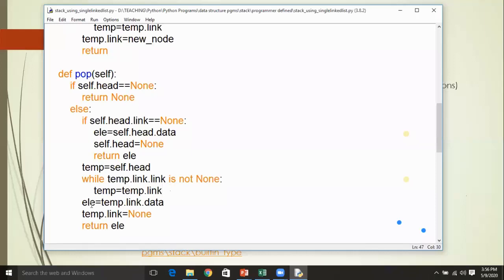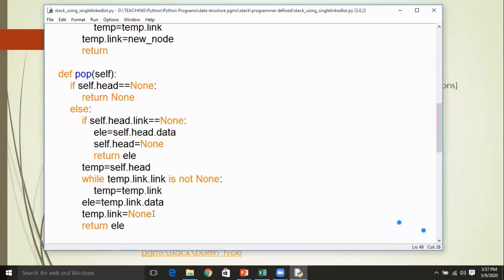See here, now what you are doing is temp dot link dot data is handed over to element. This is the data of the node you are trying to delete, so that this ELE value is returned at the end. Then temp dot link is made none.